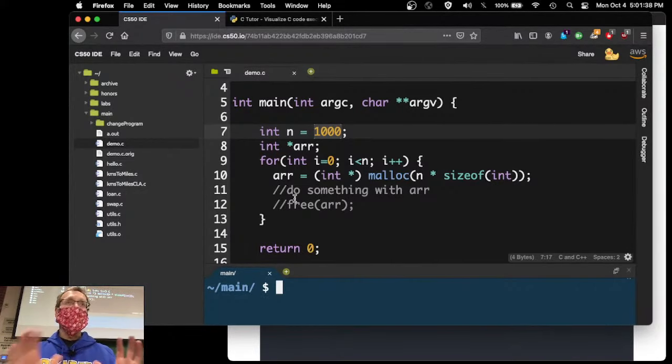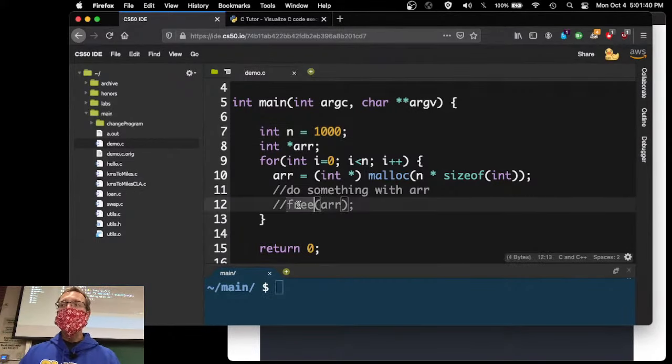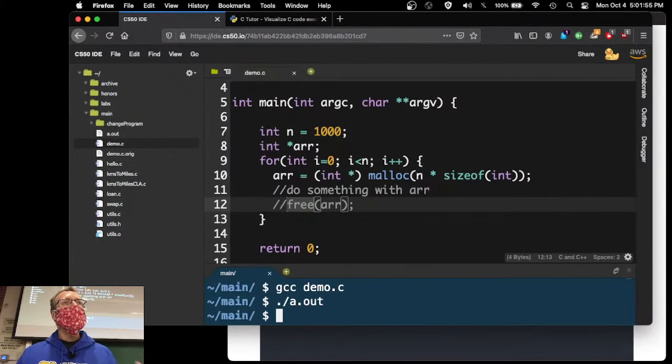We're not doing anything with it. This is just a toy example. But we're also not freeing it up. So we're hoarding this memory. We're hoarding exactly 4 million bytes of data. And when I compile this and run it, you can see that nothing really happens, because 4 million bytes of data, less than 4 megs, is not that big of a deal. But when I run it through a tool called valgrind,